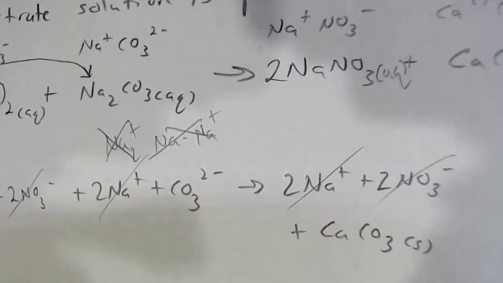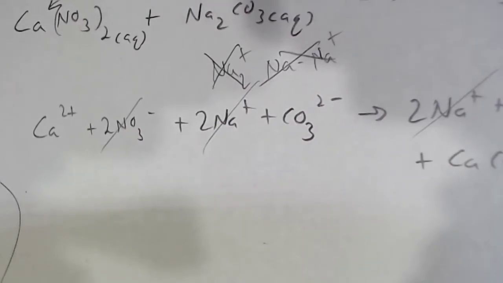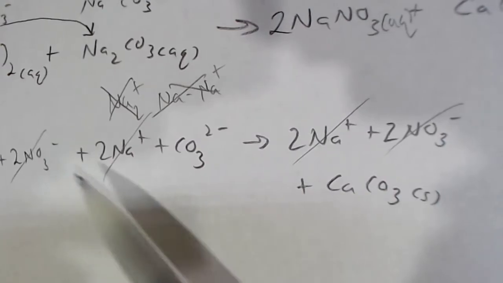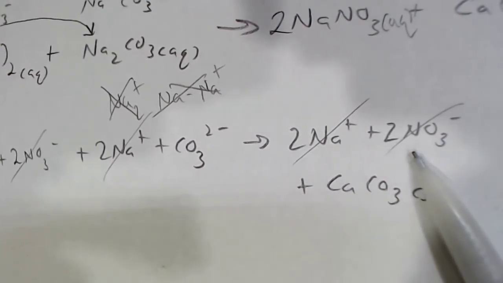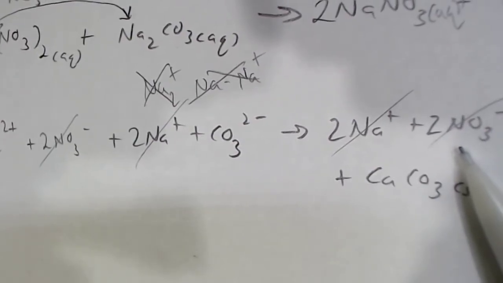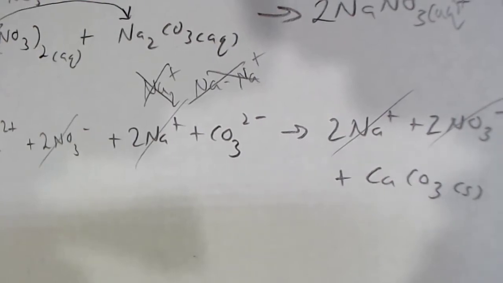But you know, we have some things that are not changing here. They're just spectators. They're just watching. So they're spectator ions. Nitrate, there were two nitrates at the beginning and two nitrate ions at the end floating around. So nitrate really didn't change at all during this reaction. So it will not be in the net ionic equation, like the thing left over after we cancel things out